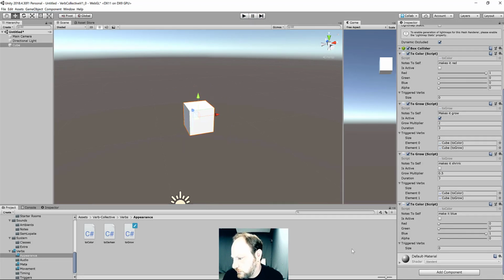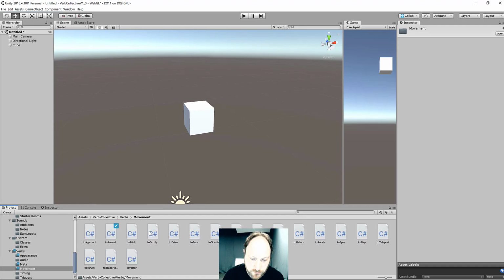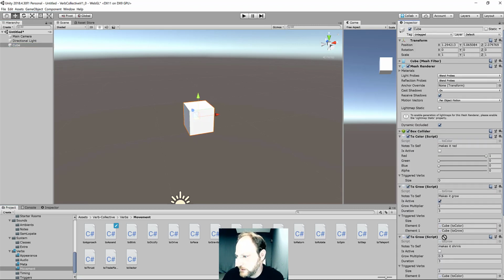The other thing of note, and this is the other thing I wanted to point out, is that I can trigger multiple verbs with each verb. So when I say to grow, and when that's done, that is then triggering to color and to grow. I can have that trigger really any of the verbs. If I go to movement, let's do to blink. So I'm going to go on my cube here, and I'm just going to add to blink,